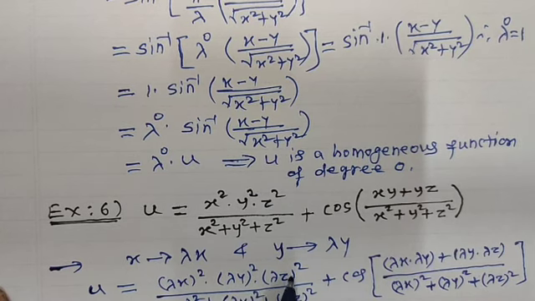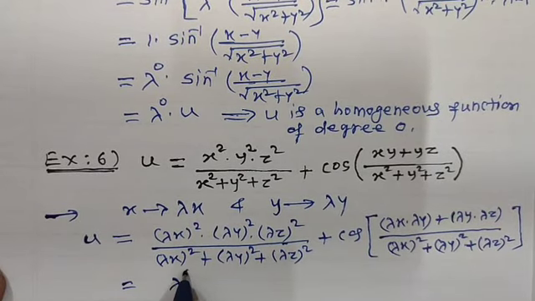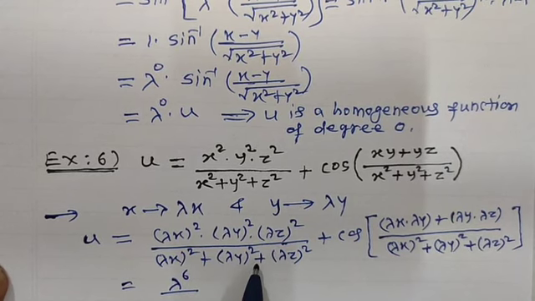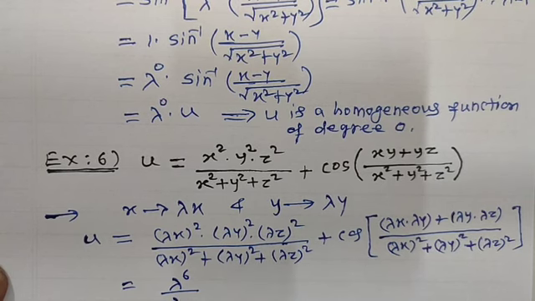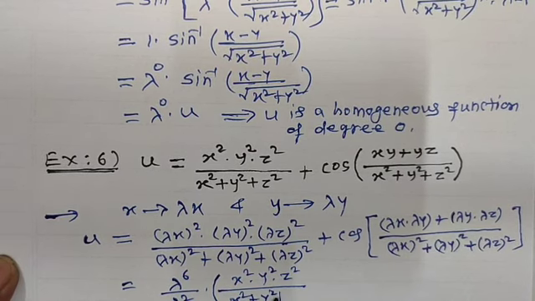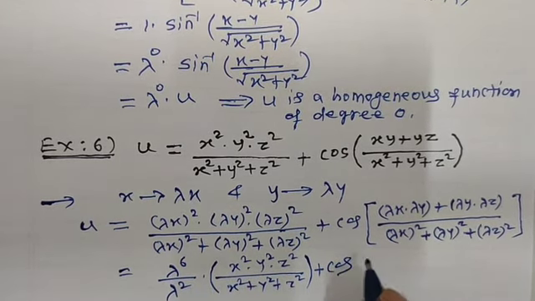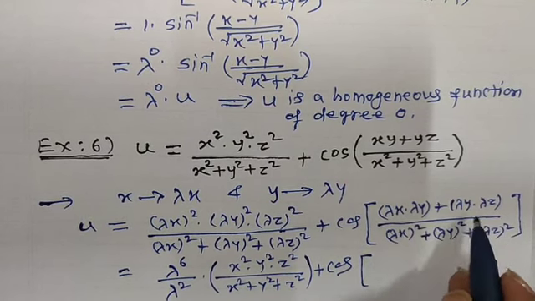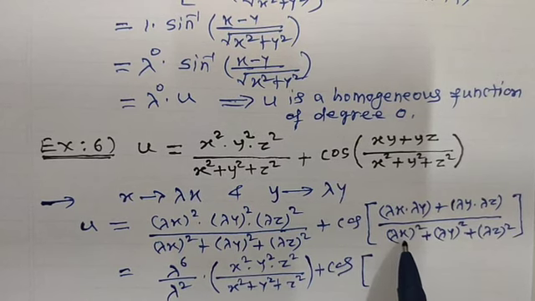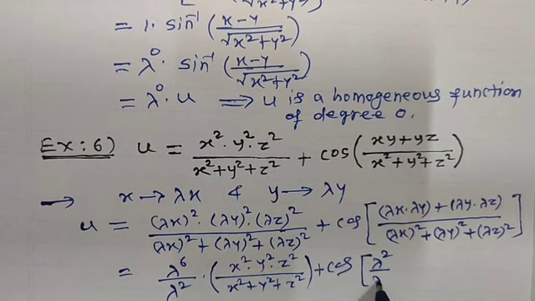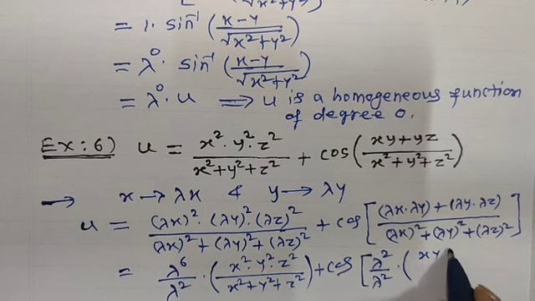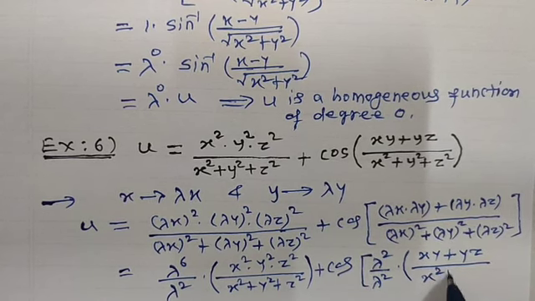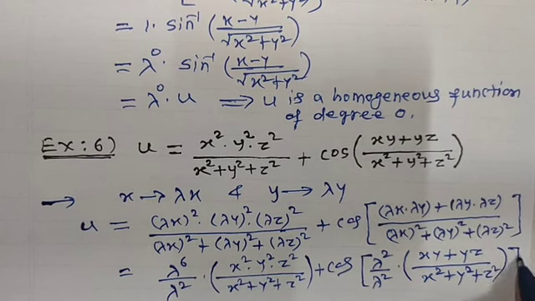lambda square into lambda square into lambda square, that is lambda to the power 6, divided by, from here you can take lambda square common from each term appearing in the denominator, that is lambda square, and into bracket remains x square y square z square divided by x square plus y square plus z square, bracket close, plus cosine function of, now here you can take lambda into lambda, lambda square, and in the denominator also, from each term you can take lambda square common, lambda square upon lambda square, into bracket (xy plus yz) divided by x square plus y square plus z square, and then